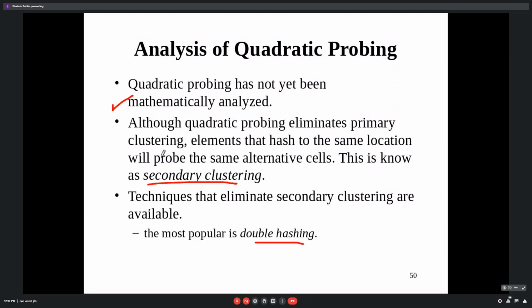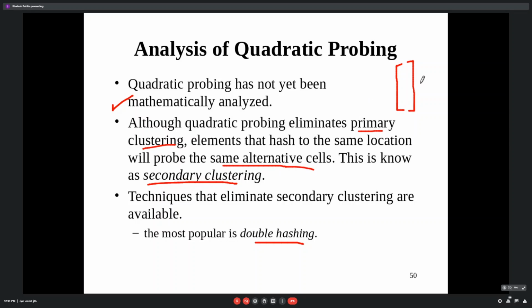Basically, quadratic probing eliminates primary clustering. Primary clustering means elements are located in consecutive locations. But after quadratic probing, elements that hash to the same location will probe the same alternative cells.